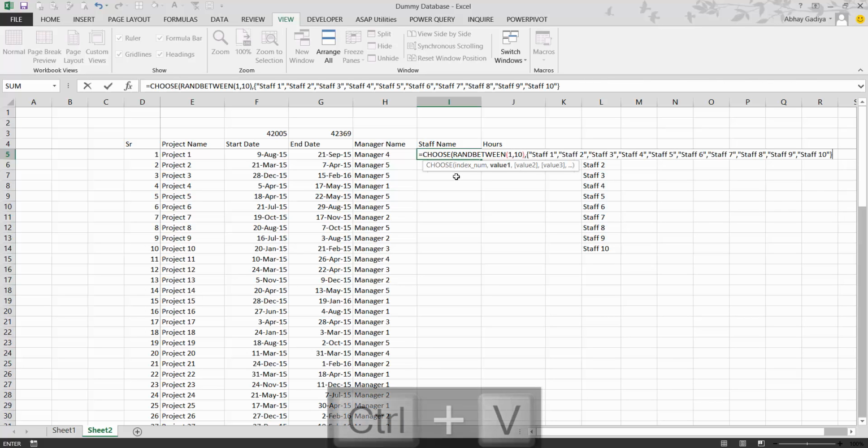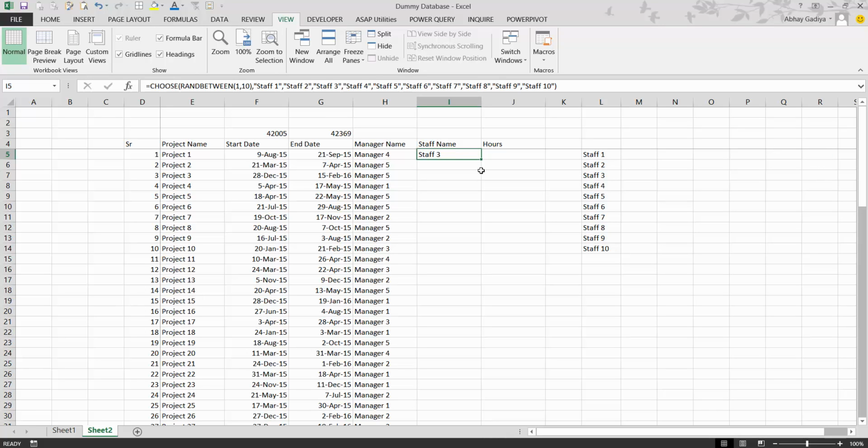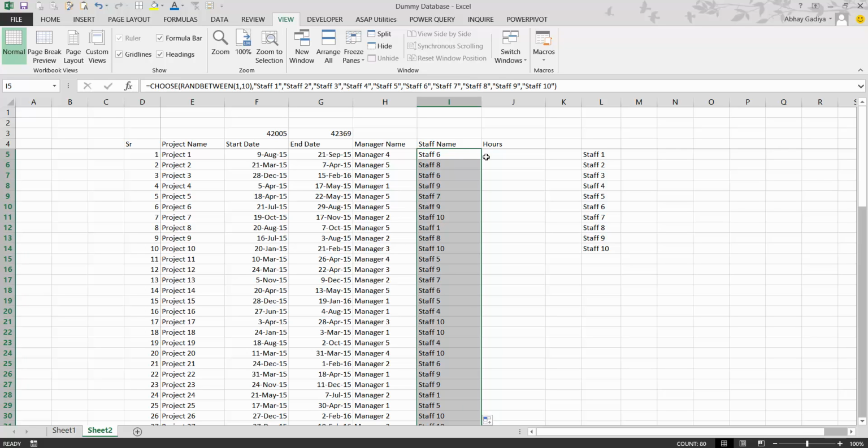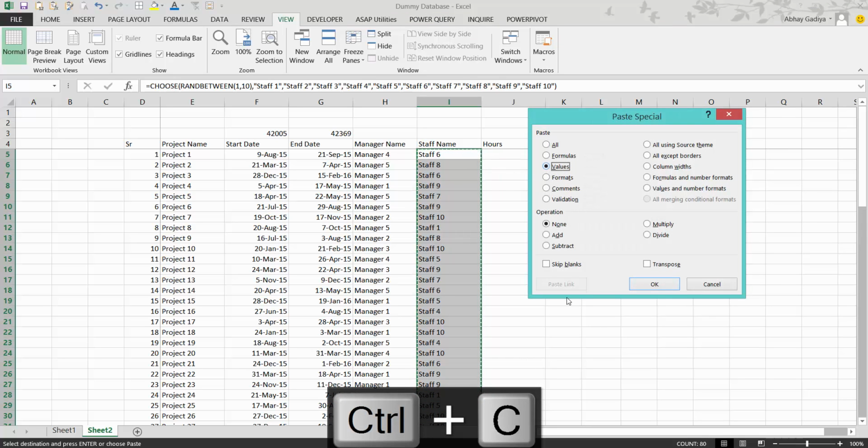Ctrl V, bracket close, remove curly brackets, enter. Just double click this and you have the staff data over here. So let us convert this into values. Control C, Alt E S V.